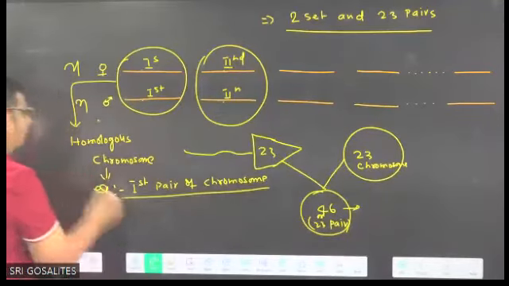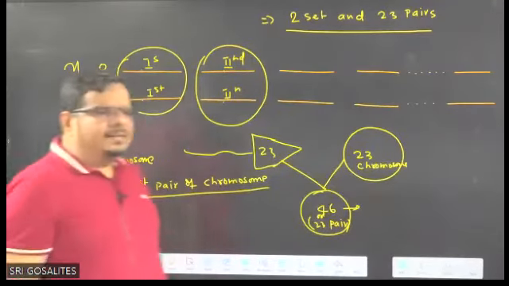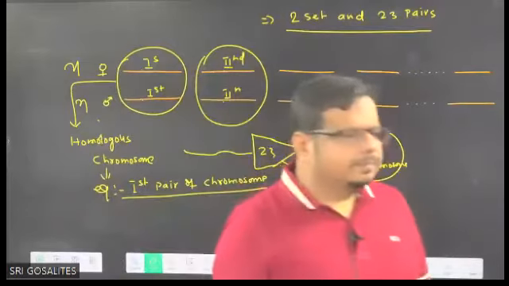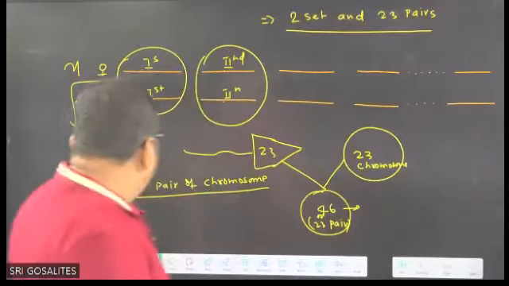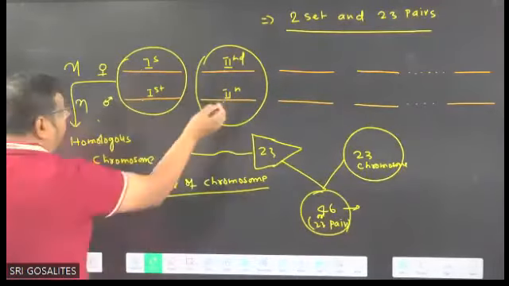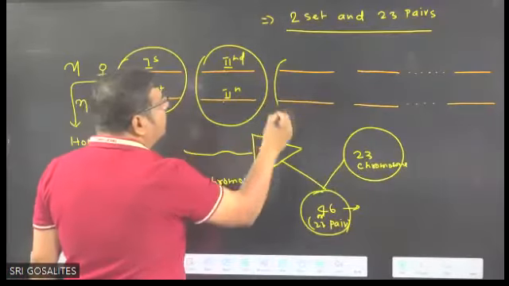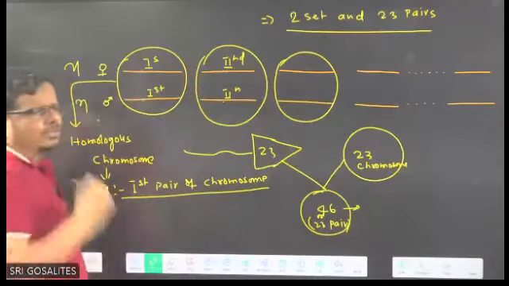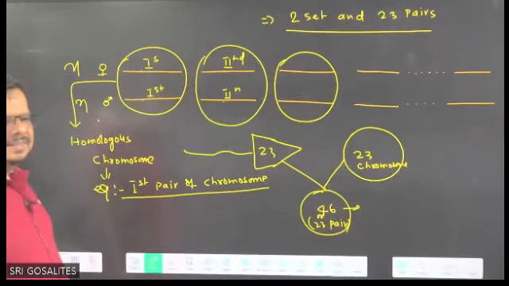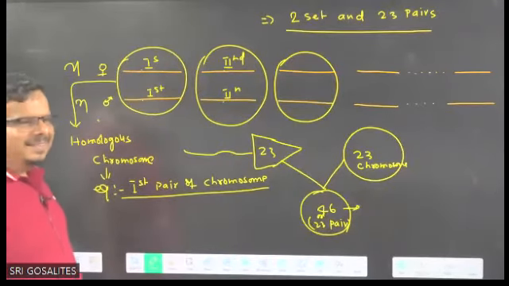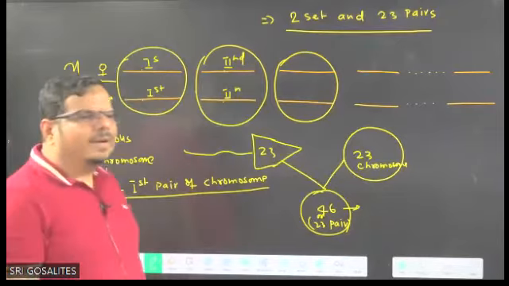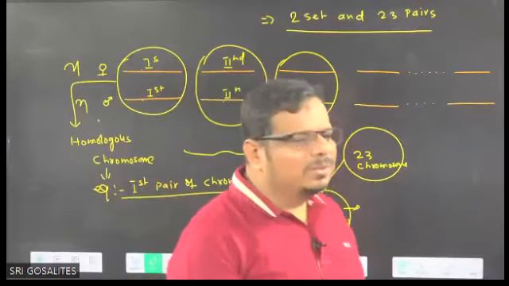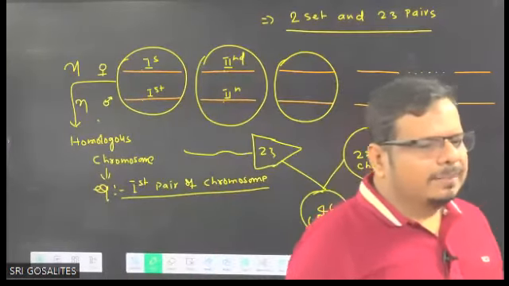Okay, children. Do you know one thing? Which chromosome is the first pair? The first pair of chromosomes, the second pair of chromosomes, each pair of chromosomes is what? Homologous chromosome. Is it clear? Heterologous chromosome means what? Suppose that